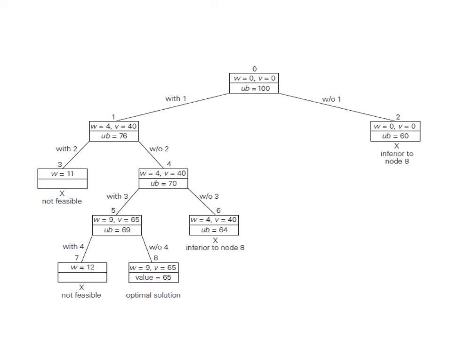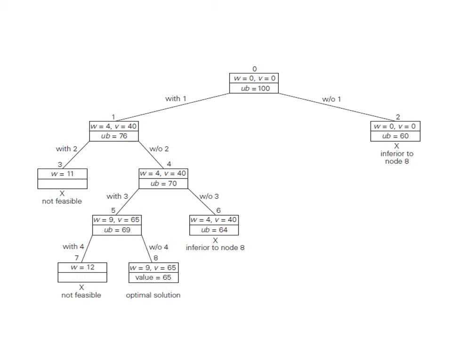So for first considering the inclusion of item 1, our small w becomes 4 because the weight of the first item is 4, and small v equal to 40 because the value of the first item is 40. With these values we have to calculate the upper bound, which is 40 plus (10 minus 4) into the value by weight ratio, which is 6, the second item's value by weight ratio, because now we are considering item 1, so i equal to 1. So v(i+1) by w(i+1) becomes the value by weight ratio of item 2, that is 6. So just by substituting this we will get the value as 76.